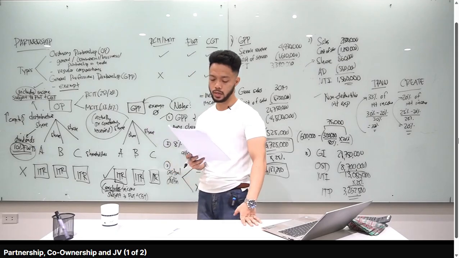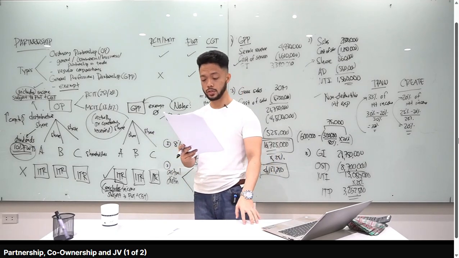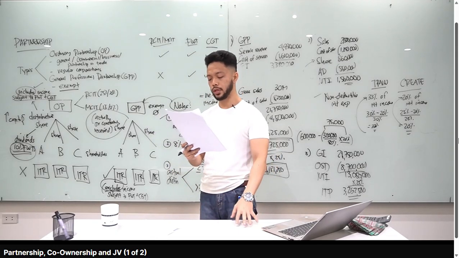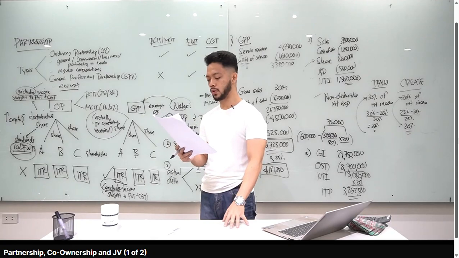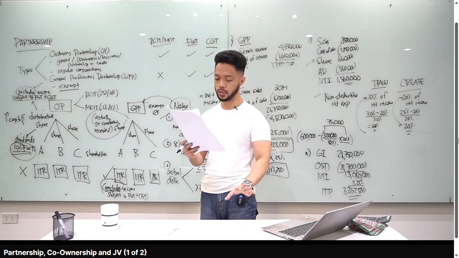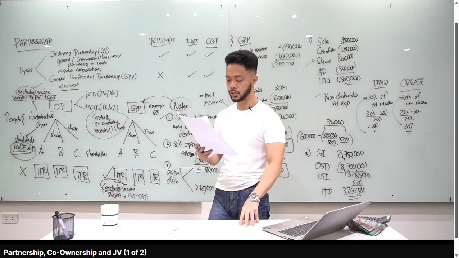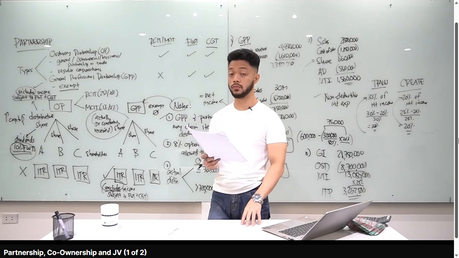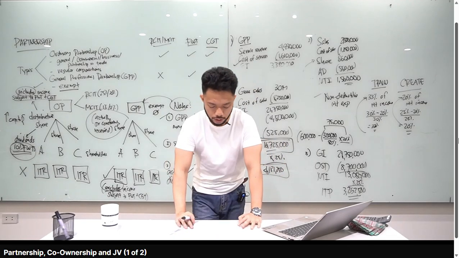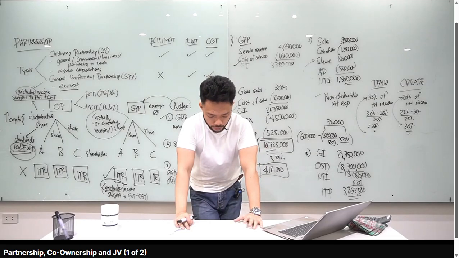That's correct, okay? Letter C, income taxation rules, application to corporations likewise apply to informal partnerships. Informal or yung ordinary partnerships, correct din yan. Letter D, registered GPPs are subject to income tax. False, exempt from income tax. D is the correct answer for number 4. Let's go to number 5.